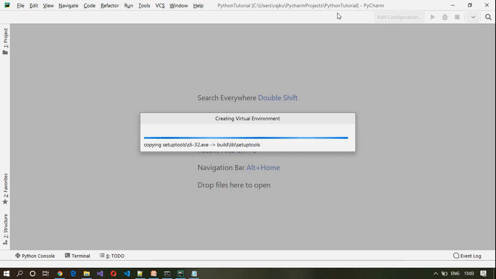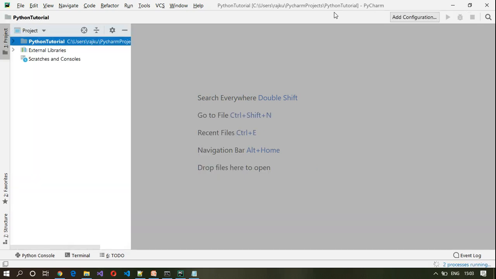Now this is creating a project for us. Okay, it has created a project for us in the location which we have specified. And what I will do is I will create a new file here.